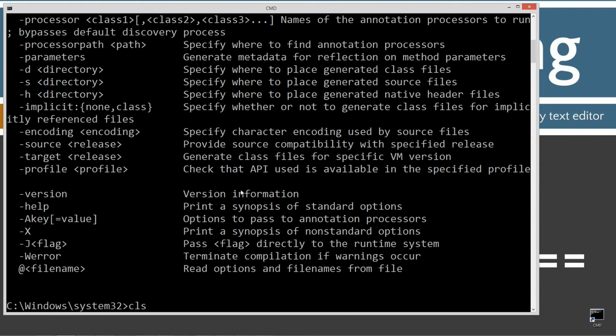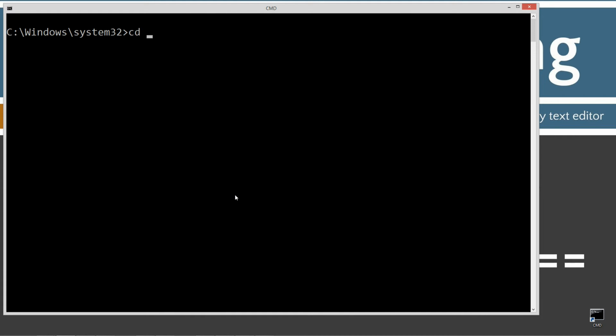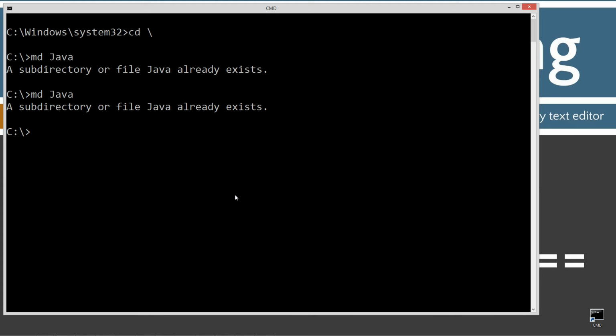You should see all this stuff scroll by. If you get an error message, then you're going to want to watch my tutorial on installing the Java Development Kit. Make sure you get that installed and configured properly before continuing. CLS to clear the screen, CD space /, CD is short for change directory, and / tells it to go to the root. I'm going to make a directory called Java, and I already have it, but if you don't, it'll go ahead and create one for you there. And I'm going to change directories to the Java folder, and make another directory here, and I'm just going to call this integer